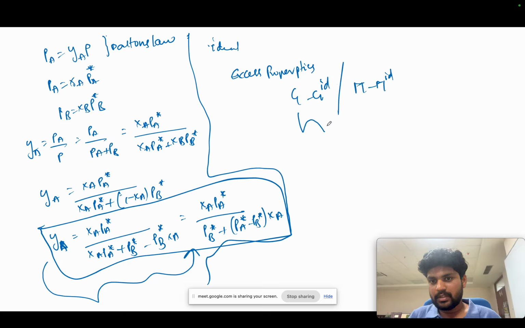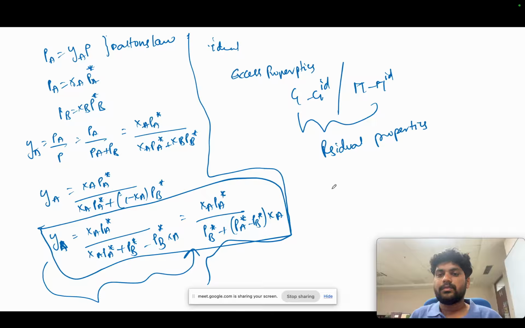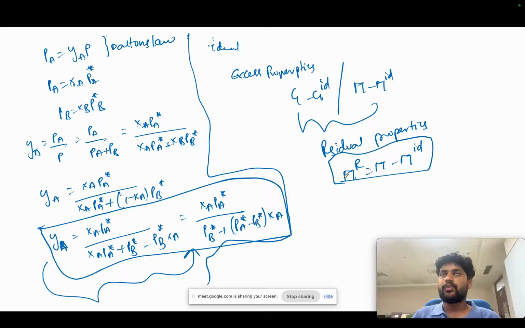You have seen this already in residual properties. If you remember the residual properties, if I say MR equals M minus M ideal, these values, which we will talk about with the PVT cases,